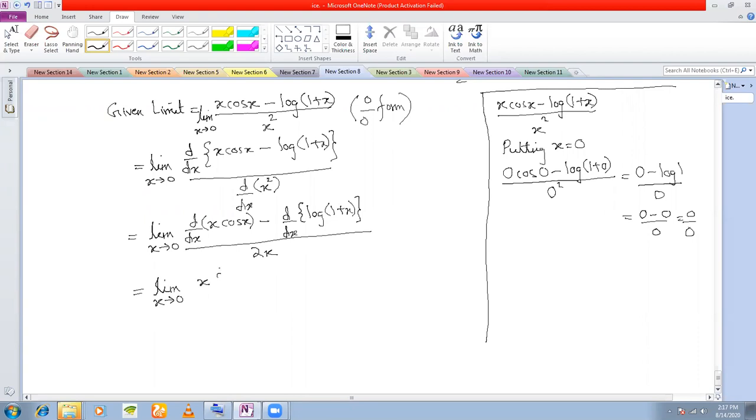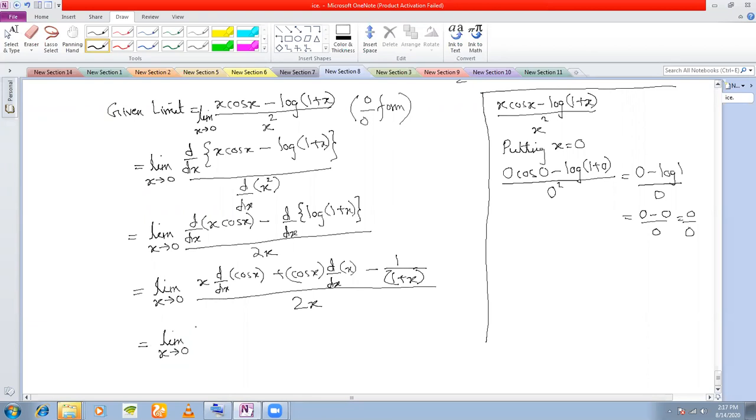Use the u into v rule: x d/dx of cos x plus cos x d/dx of x, minus d/dx of log(1 plus x). First differentiate the log to get 1 by 1 plus x, and d/dx of 1 plus x you know is 1, so into 1 will give you the same, whole divided by 2x. So this is limit